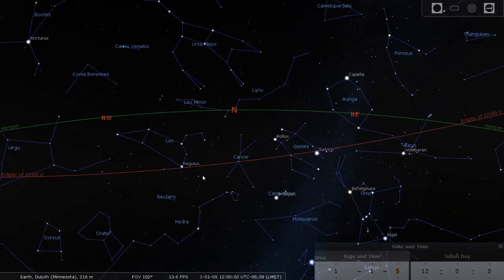The next two zodiac constellations are Cancer the Crab and Leo the Lion, and both of these are actually in stories with another constellation, Hercules. But we won't be doing Hercules in this show because we are only looking at the zodiacs. So Hercules was really strong. He didn't know how to control his own strength, and so unfortunately, he accidentally killed a lot of people, and he felt really bad about this, and so he decided to go to this king and ask the king how he could get people to like him again and how he could repay them for all of the people that he accidentally killed.